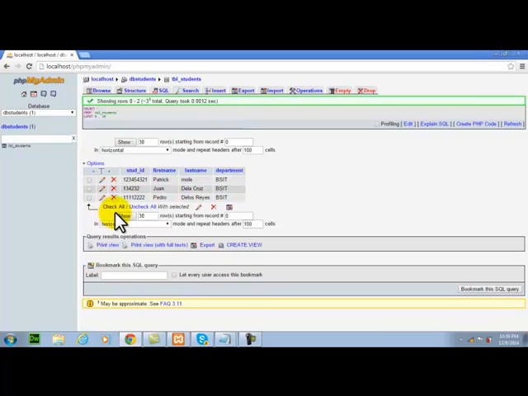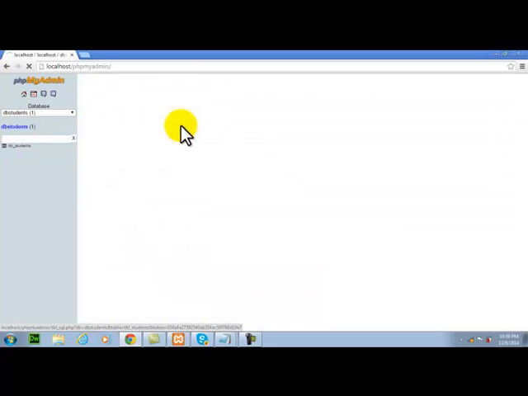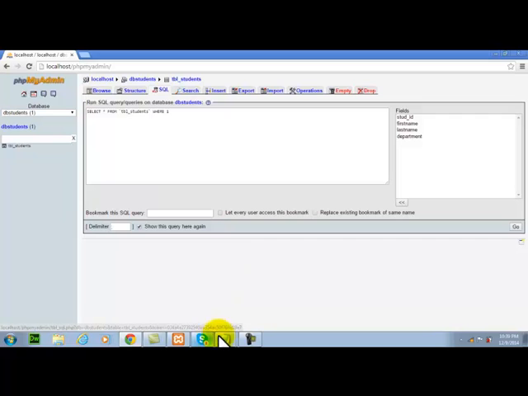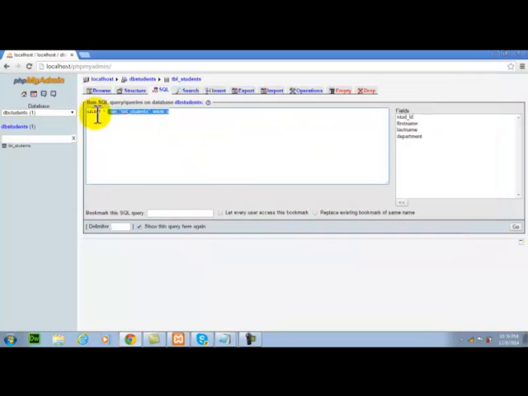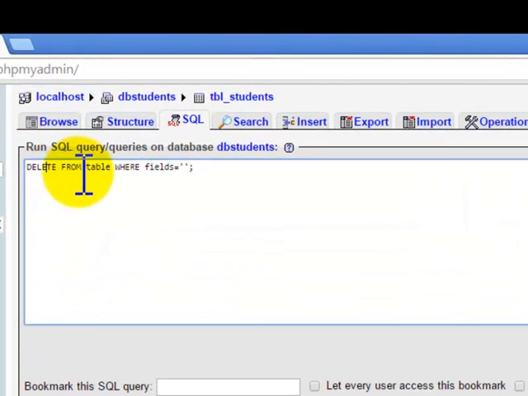Then the last one is we are going to delete the last record, the record of Pedro de los Reyes. Just click on the SQL, and then this is the query for deleting a record. Delete from, and then the name of the table again.